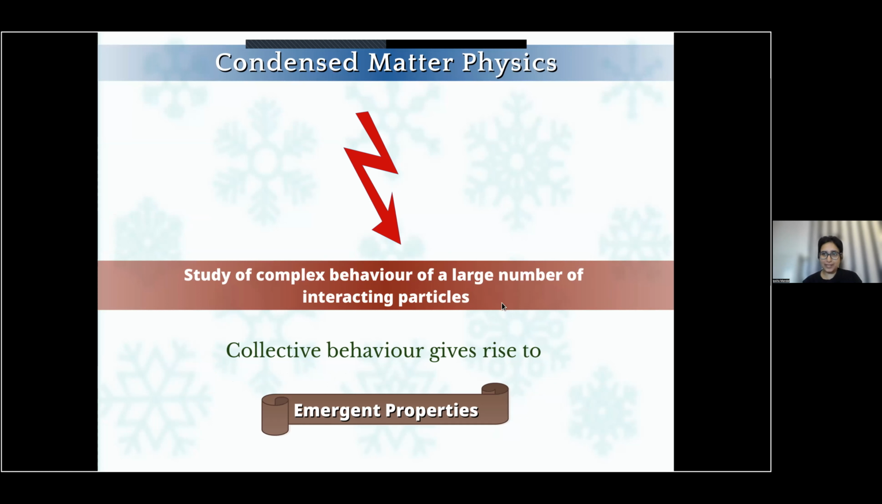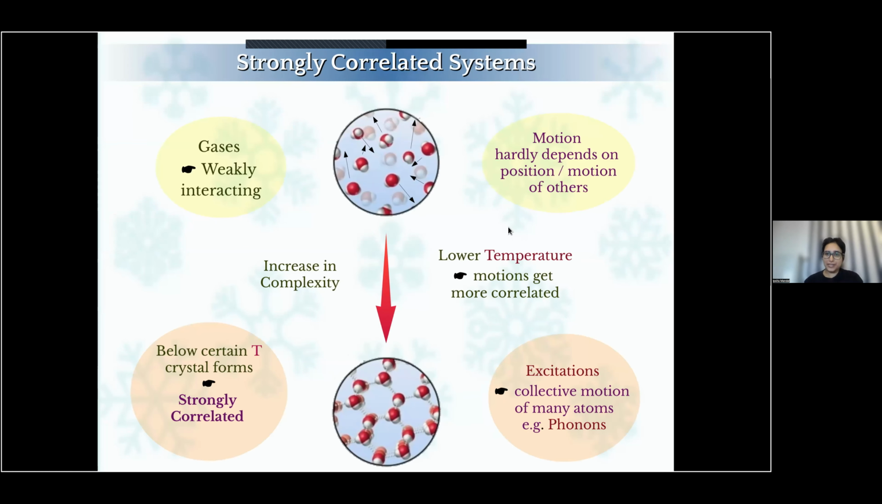So it is important to realize that the collective behavior gives rise to emergent properties that were not present in the individual particles if you look at them individually. Now, in particular, I'll be concentrating on strongly correlated systems. Now, to give you an intuition to